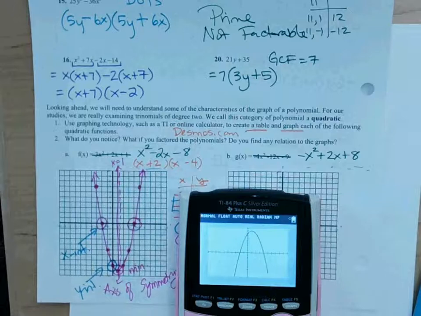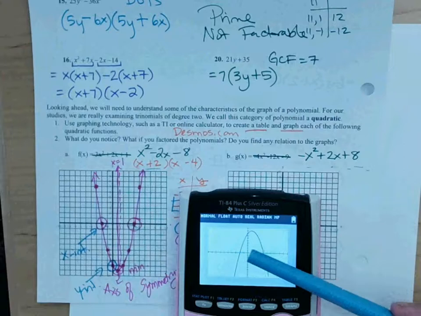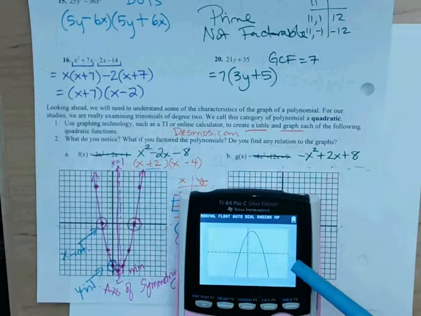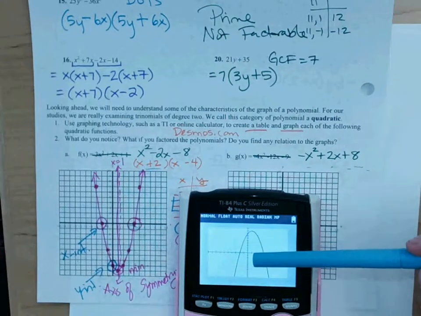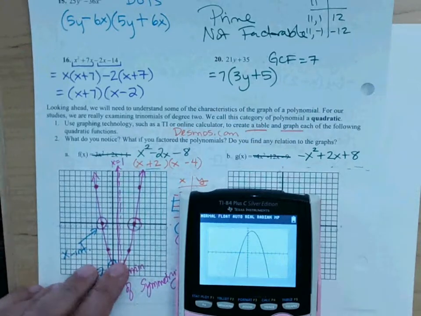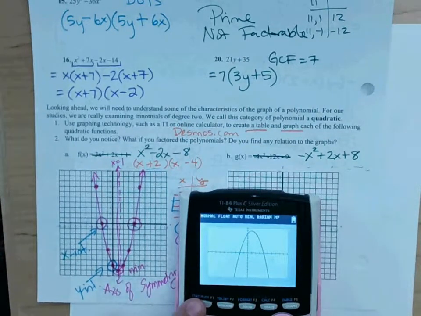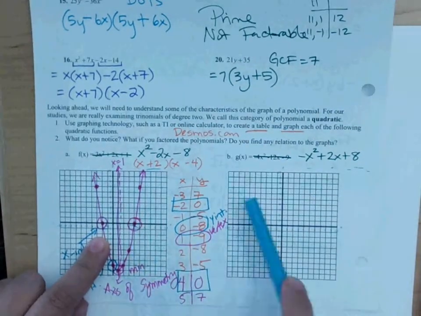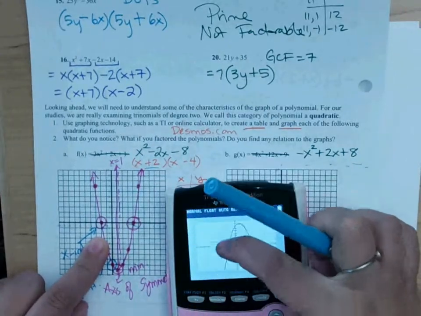Okay, so now we have a parabola. This is very similar to the throwing the ball question, right? We threw a ball off of a cliff and it went up and then it came back down. It landed on the ground. The x-intercepts are going to be the ground here. So this equation is actually exactly the same as the other equation except for the signs,